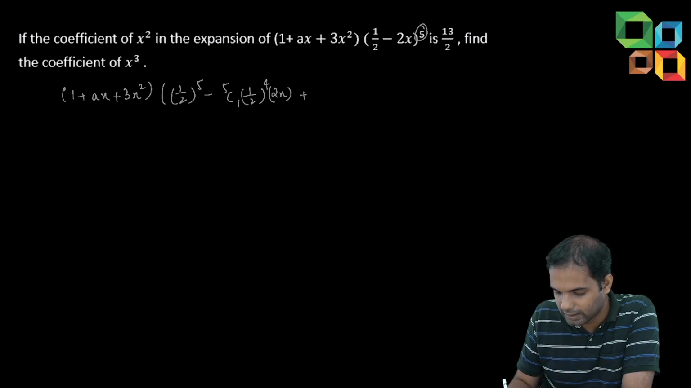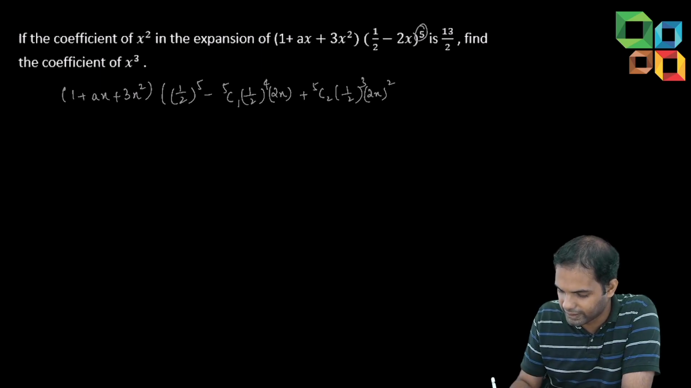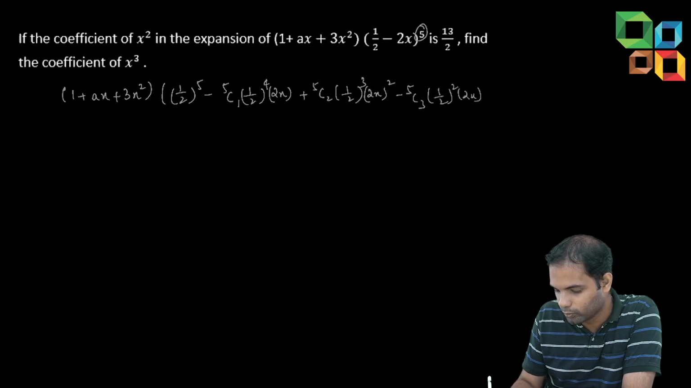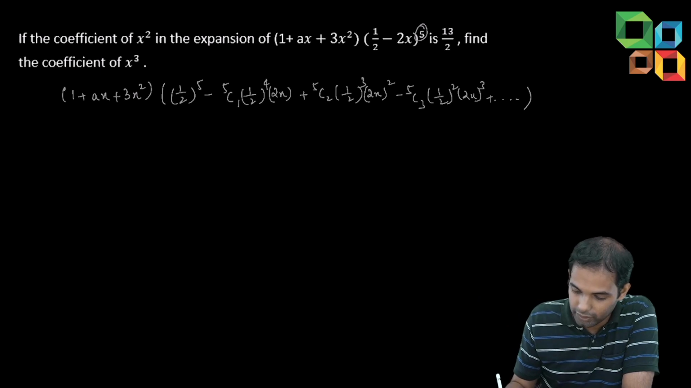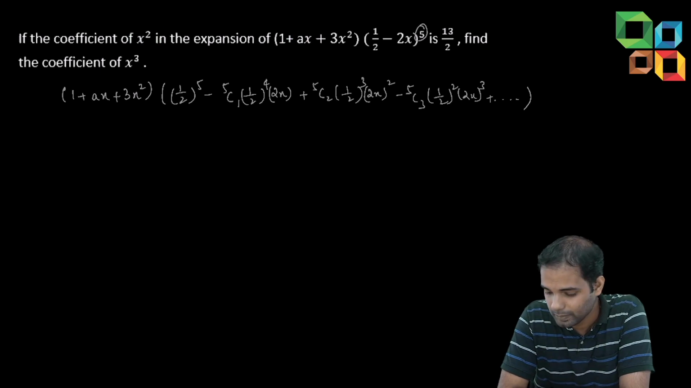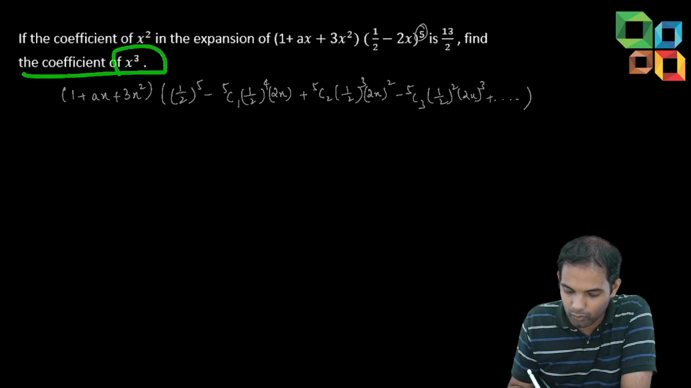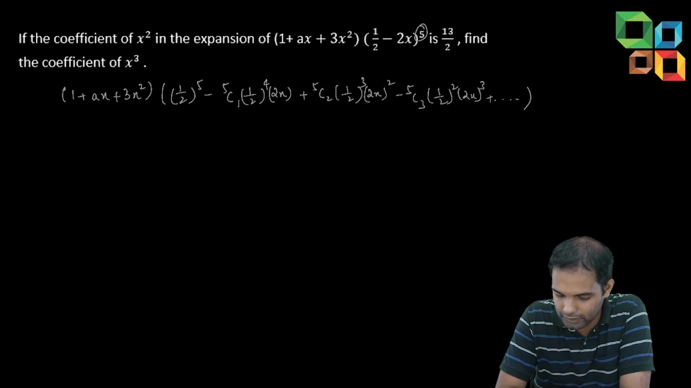Plus. Now it's 5C2, half cube, 2x whole square. It's minus 2x, but I always consider the negative sign directly. So again, see, this minus sign is considered. 5C3, half square, 2x cube. I'll stop here, even though there are other terms. As I told, we're interested in max x cube. To figure out a, we don't even need x cube because it's given as the coefficient of x square. But because in the problem we want the coefficient of x cube, I'm just stopping here. Okay, so let us continue